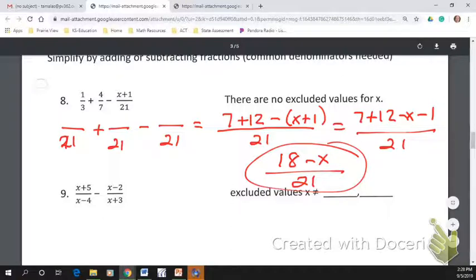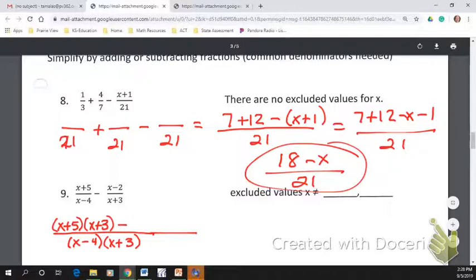Number 9, I'm still adding fractions, right? Multiply them together to get my common denominator. Do you want to write 2 fractions separately, or skip that step and go right to 1 fraction? Right to 1 fraction, okay? So I'm going right to 1 fraction. Common denominator is x minus 4 times x plus 3. Well, what do I need to multiply this x minus 4 times to get the common denominator? X plus 3. So that means I got to take this whole quantity times an x plus 3. So that's going to look like this. X plus 5 times x plus 3